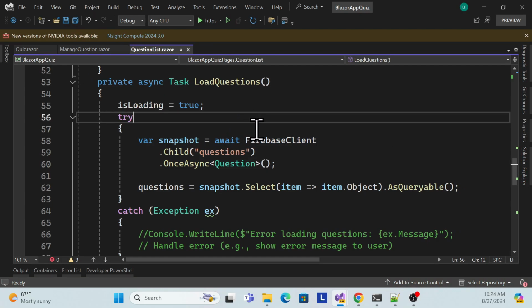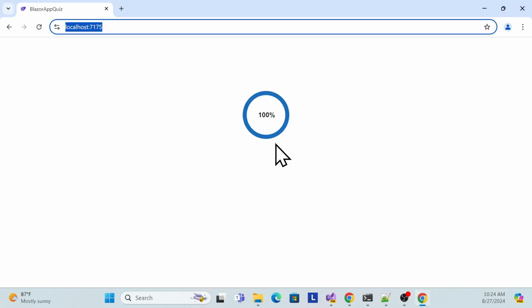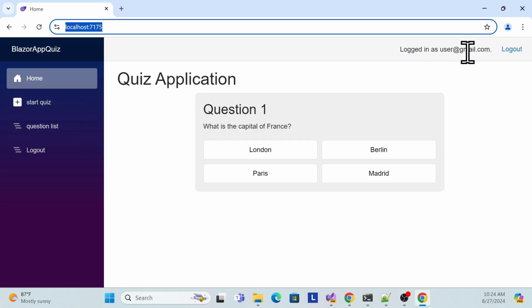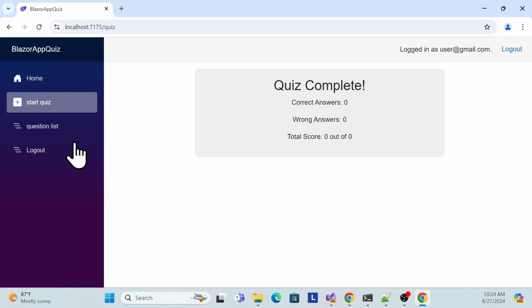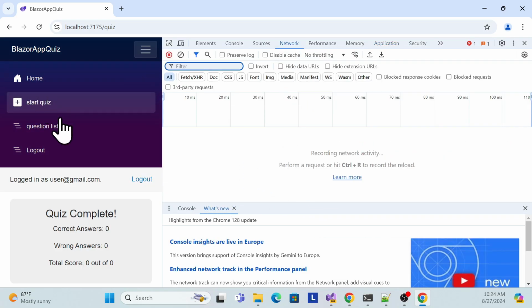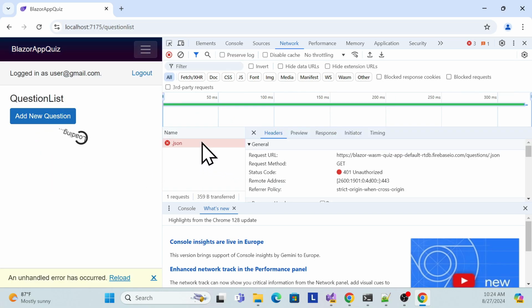Once I add the rules, now I will show you what will happen if we simply don't pass the token, right? So let me run it. This is a normal user, not an admin user. If I start the quiz, now see, that option is not available, meaning it is not getting the data. If you press F12 and go to the network tab, and click start quiz here, now see, I'm getting